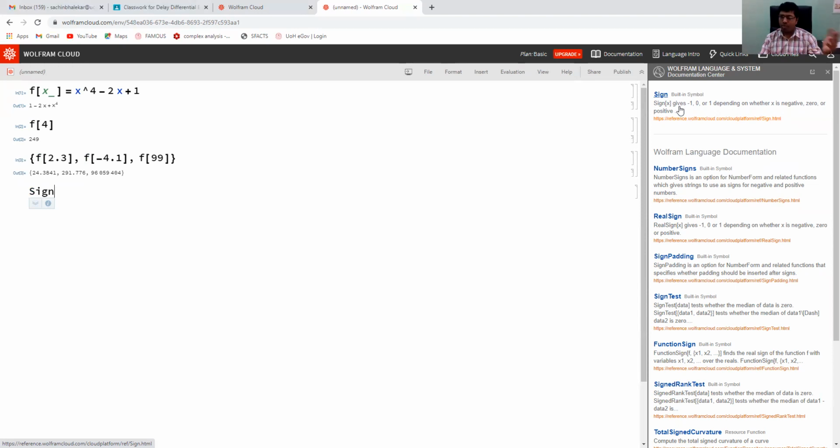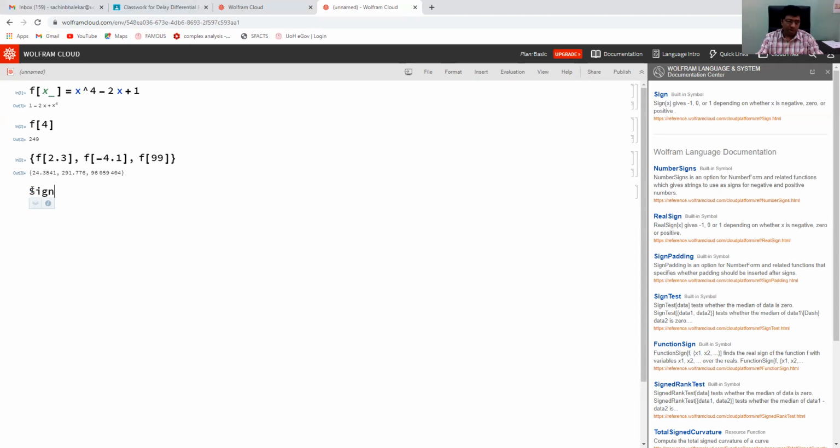The sign of a positive number is 1, of a negative number is -1, and of 0 is 0. Such commands are very useful while writing computer programs. Some more information is also given in this panel.